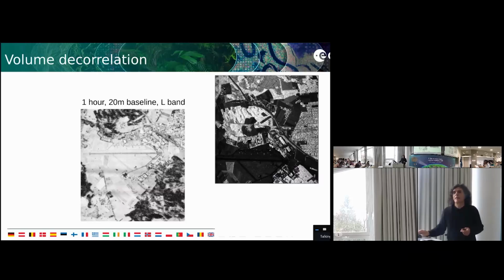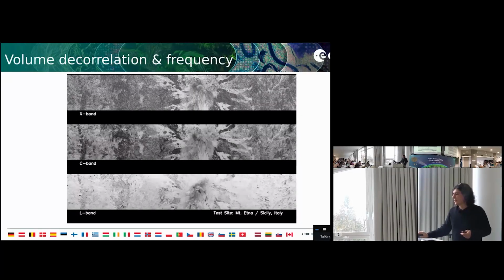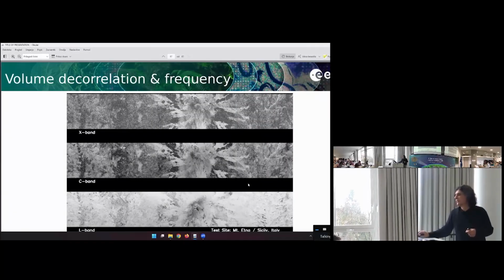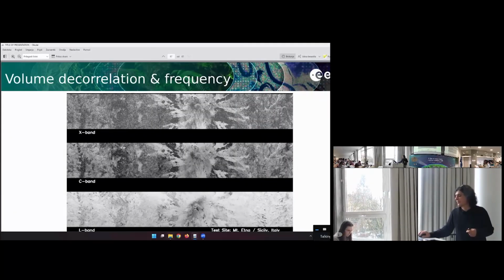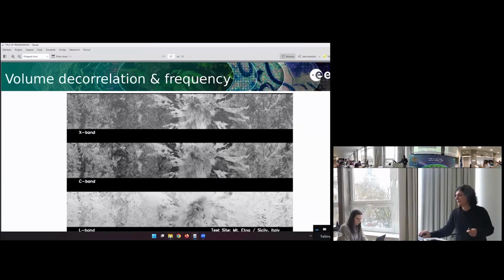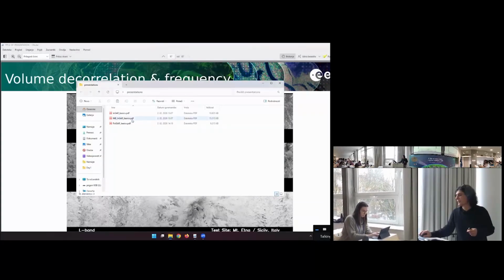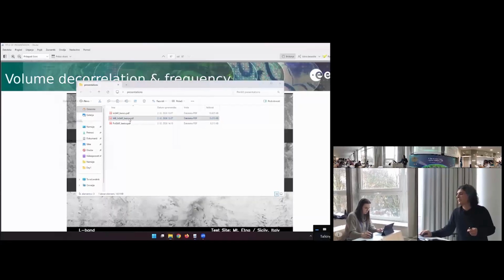Okay? So if you want, we can move to the multi-baseline part of this course, which concentrates only